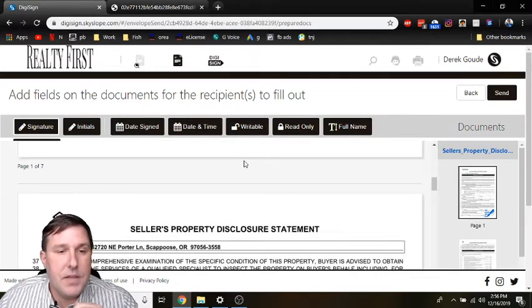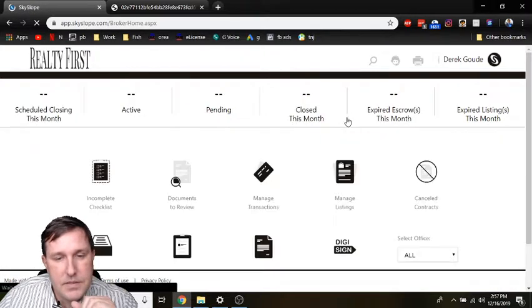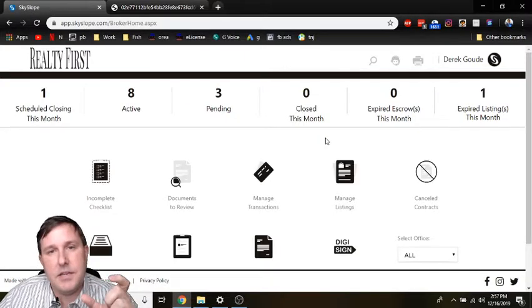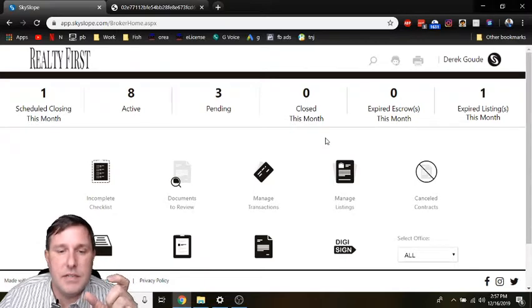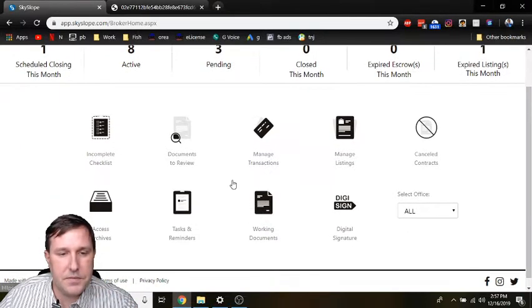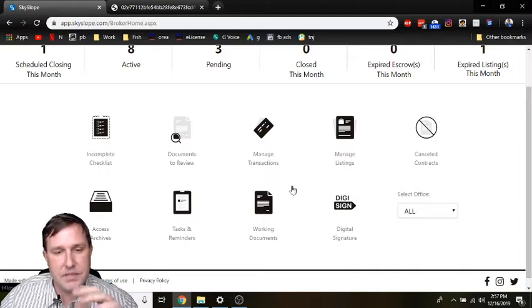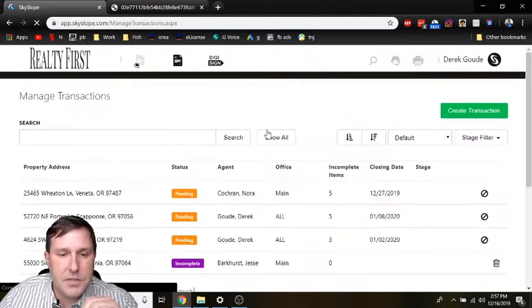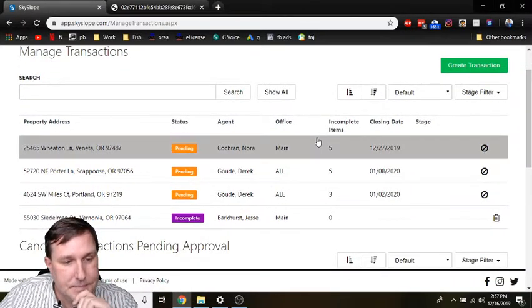Double check that. And then something else I wanted to show you as well is the ability to split documents and assign them into the checklist. We'll go through that real quick. My home screen is going to be a little bit different than your guys's. You have like doc review, checklists, some archives as far as when people logged in and out, things like that. But so go manage transactions, and